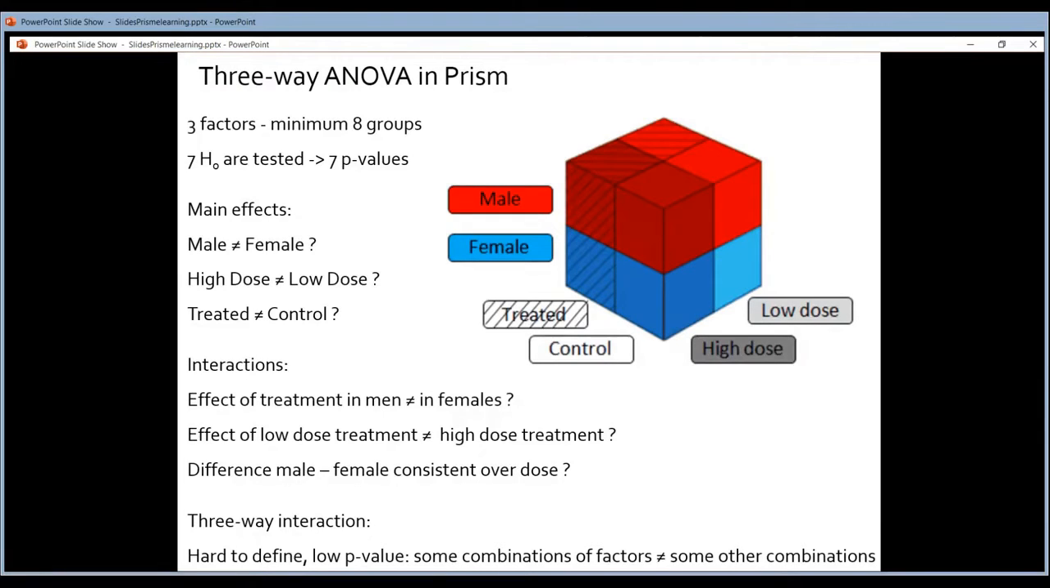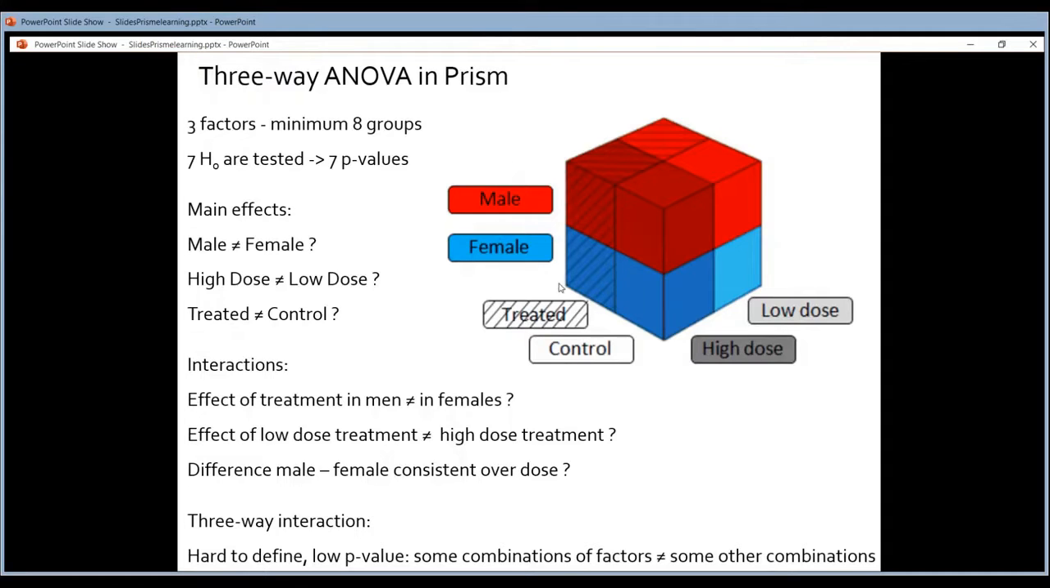Prism does have a three-way ANOVA. So under Analyze, and then the grouped analysis where we found the two-way ANOVA, there's also three-way ANOVA there. This is, of course, more complex, but this is already very challenging. So when you do a three-way ANOVA, it means that you're going to have at least 8 groups, because you